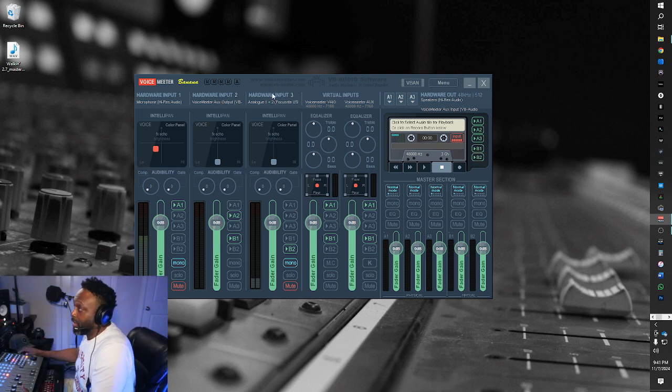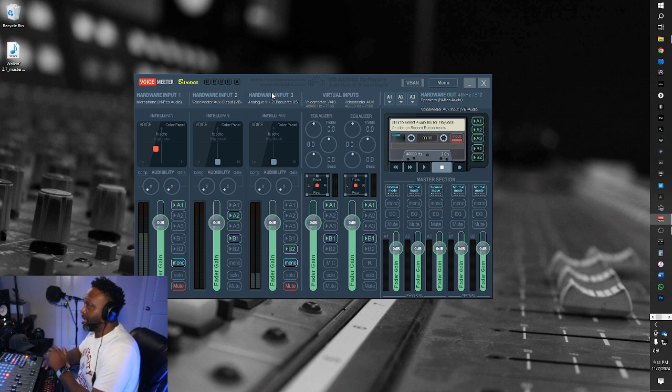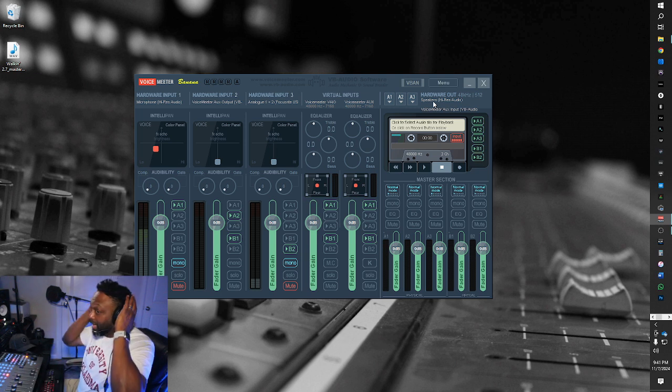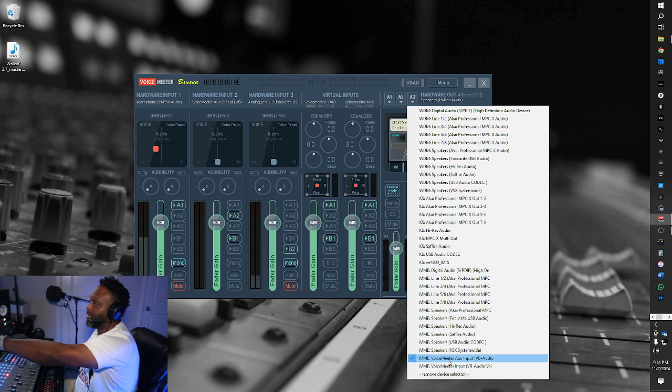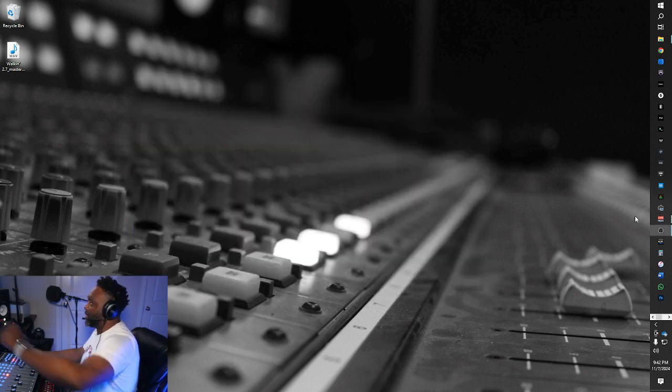Okay. Hardware input 3 is just my weird thing. You can do whatever you want to do with that and play around with it and see what you can get out of it. Virtual inputs stay the same. A1 is going to be whatever headphone source you want to listen to. However you're getting your audio through your head source, that's what you choose for that. A3 is going to be whatever your Voicemeeter AUX, but this is the input. Okay, Voicemeeter AUX input, and I chose the MME version of that. Okay, all right. Once we get that set, we have Voicemeeter Banana routed, so we're gonna get rid of that,